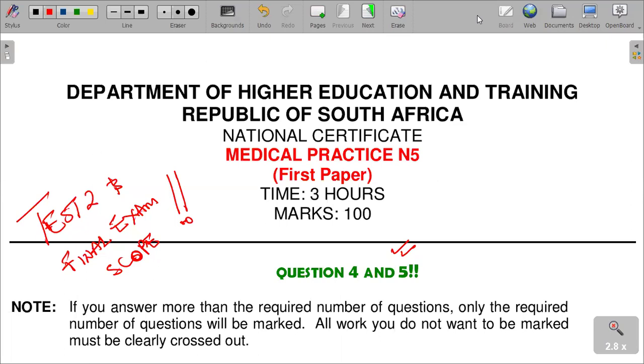I'm just having paper one, first paper, here, and I'm going to do question 4 and 5 with you only, just for the interest of time, because I've seen that sometimes these papers are too long and they end up being too much. So please note that we are only answering question 4 and 5, class. We are only answering question 4 and 5 strictly for now in this presentation.